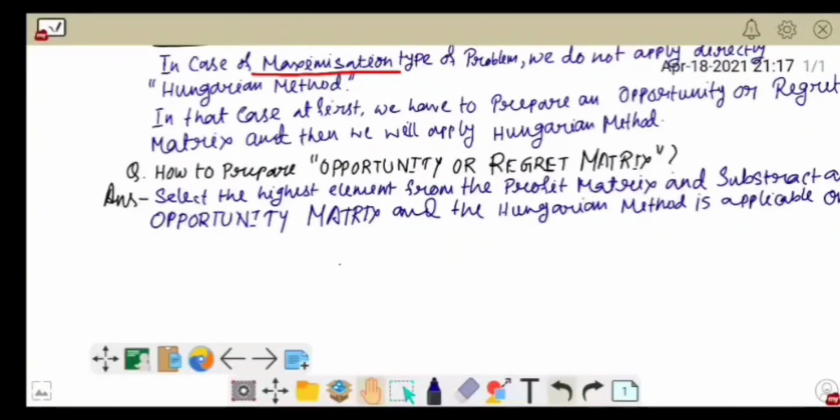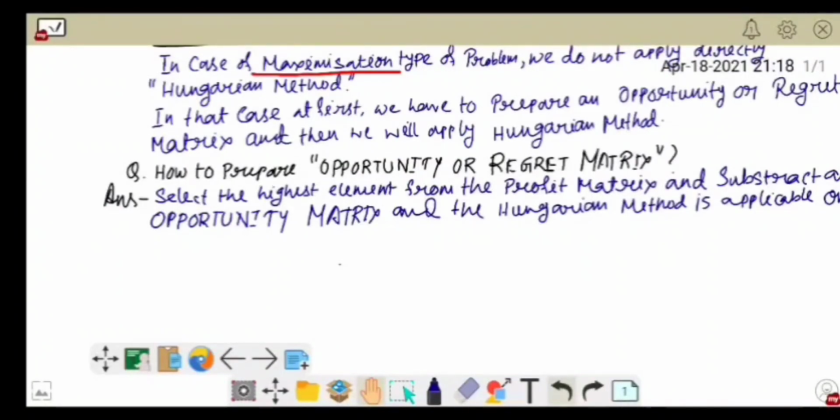So when you select the highest element and deduct the other elements from that particular highest element, then you will get the matrix called the opportunity matrix, and the Hungarian method is now available to apply on this opportunity matrix. So there is nothing more to explain on that. I will write down this matrix again when we solve the